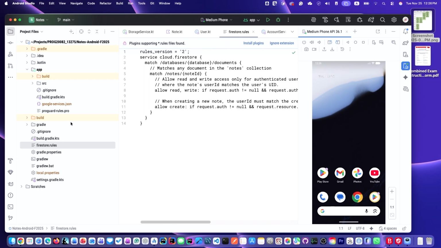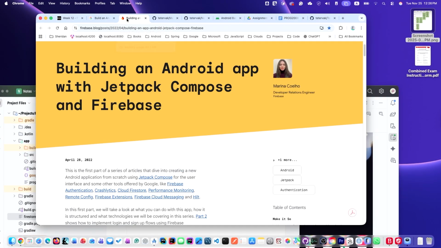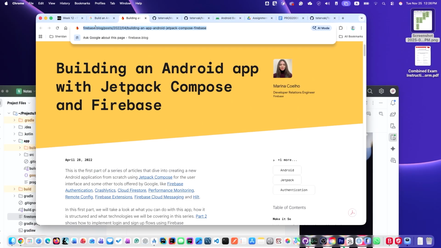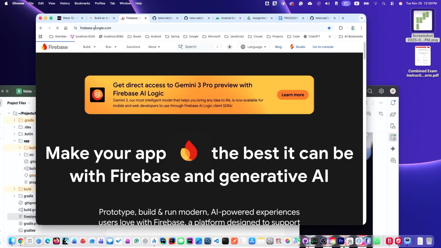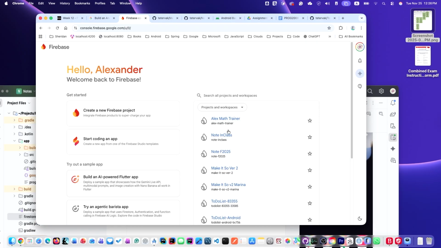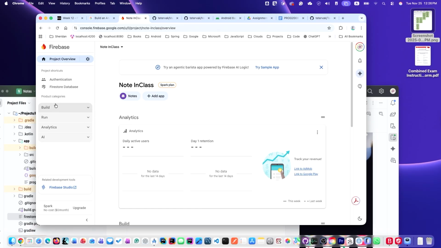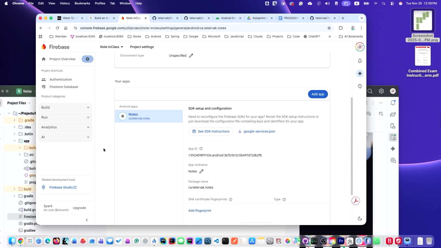All right. So let's go to the Firebase project for this that we created last time. It was firebase.google.com. Get started, and I call it "note in class." So last time when we were setting this up, we went here in settings, project settings, and we